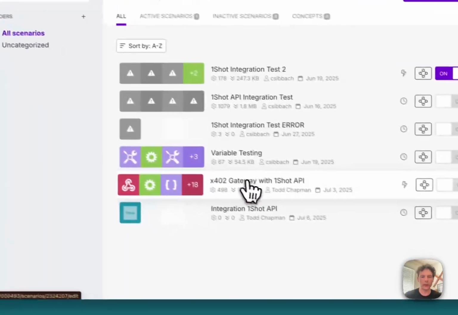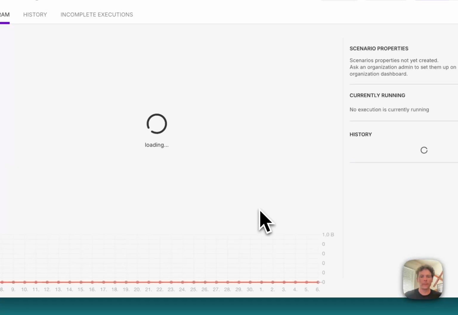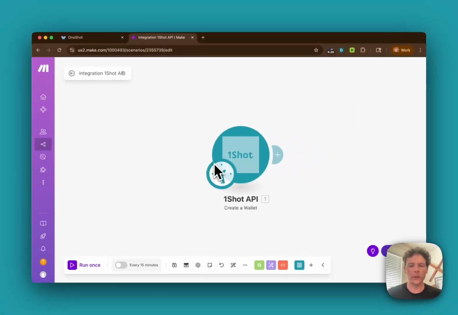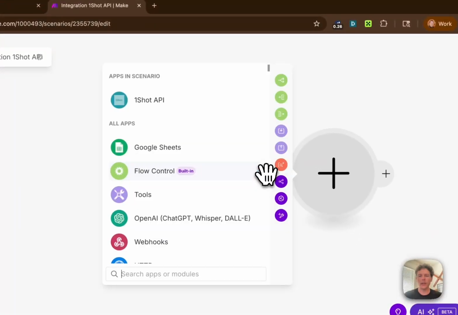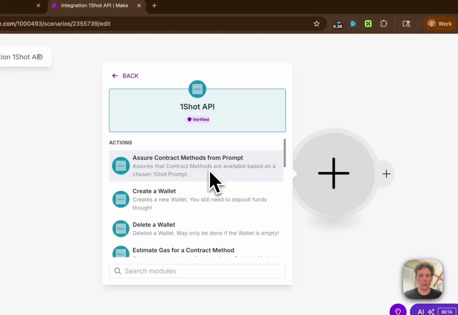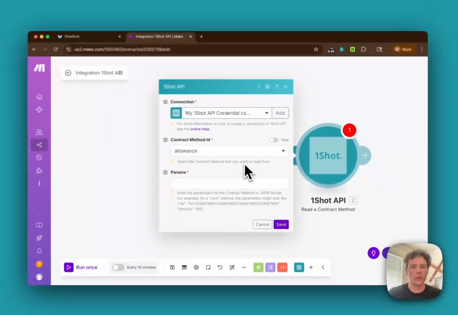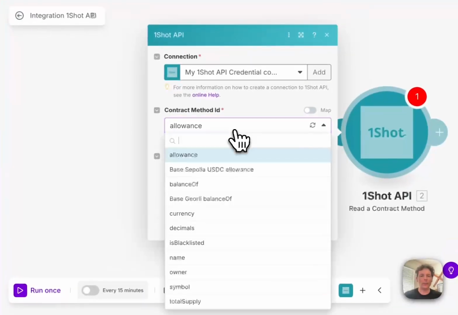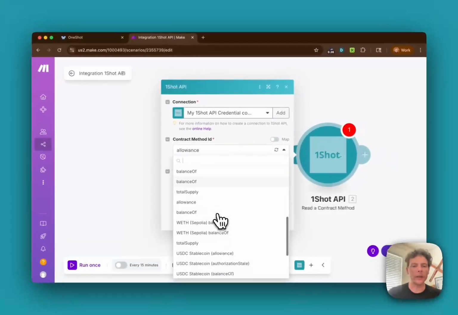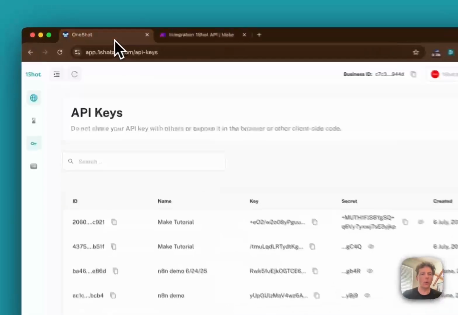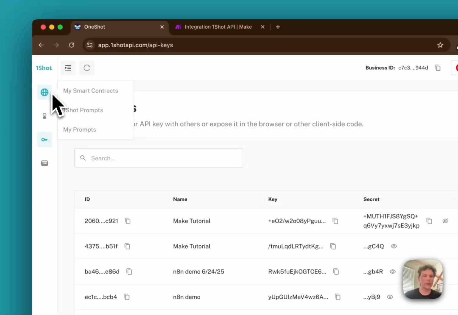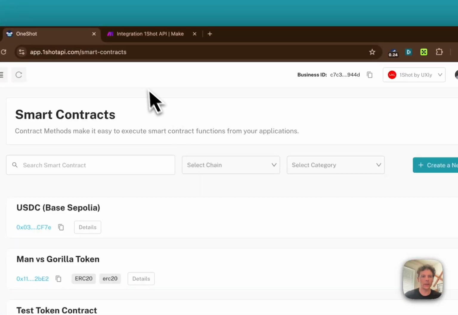So if we come back over to Scenarios, click into the scenario that we just started. The last thing I want to emphasize here in the Quickstart tutorial, once you've created an account connection, is the two most used OneShot API tools, i.e. read and write. These two methods use a drop-down box that expose the different read and write methods that are available in your OneShot API account. So if you come back over here to OneShot API and go to My Smart Contracts, the